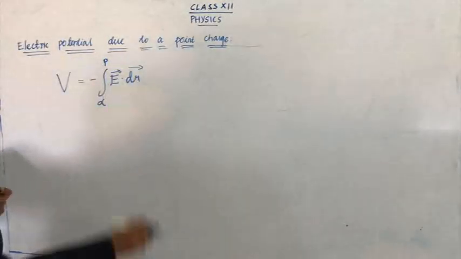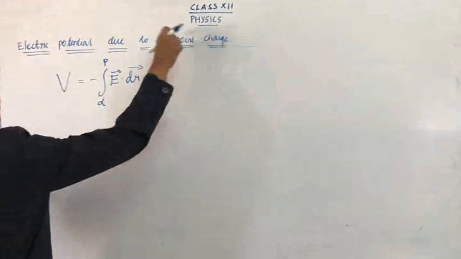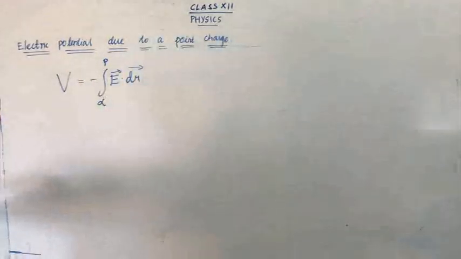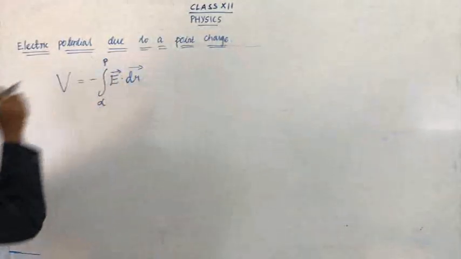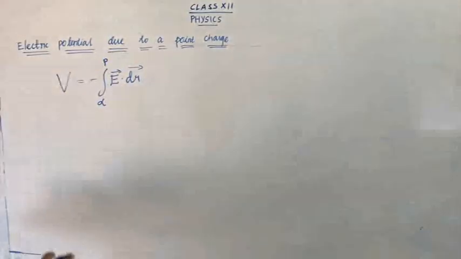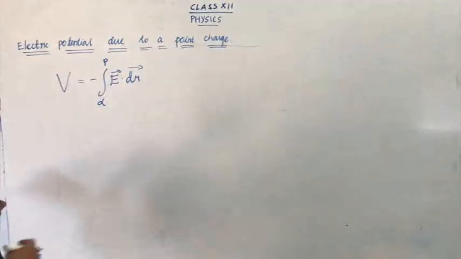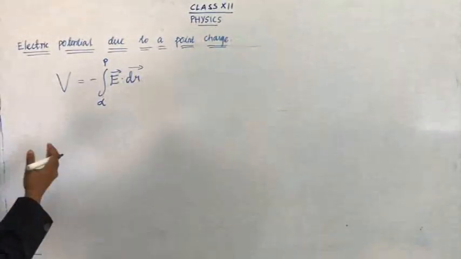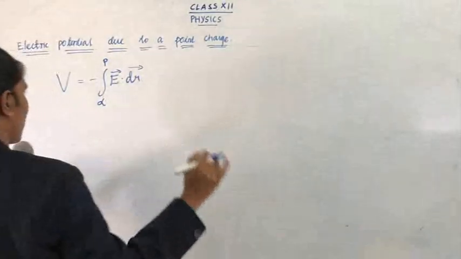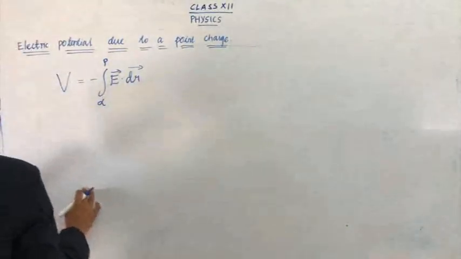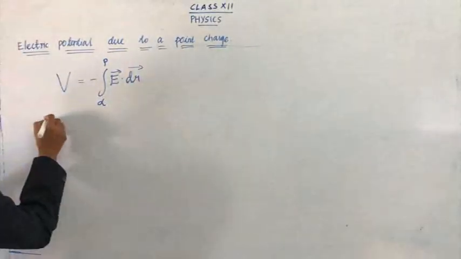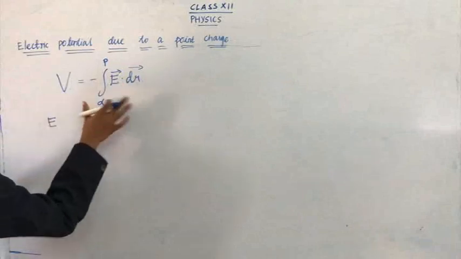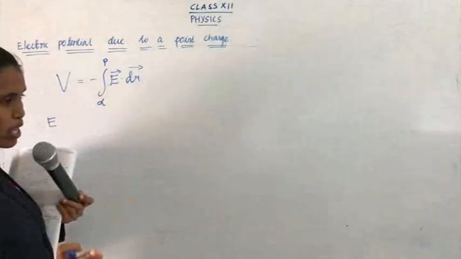Here we are going to find electric potential due to a point charge. So that is my infinity to point P, infinity to a certain point. In the last step we will apply infinity to point R. It becomes the point R. I will explain how it becomes. Now, what is the electric field? In this formula we are going to apply everything.